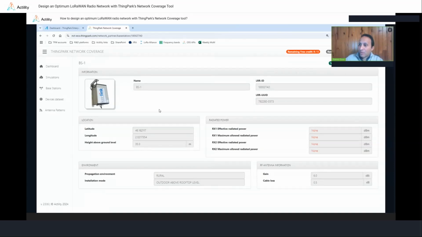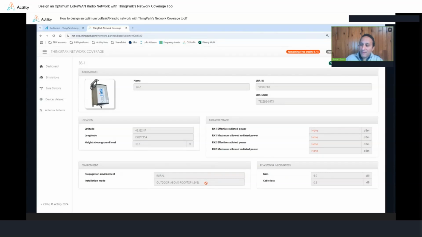And the tool has also automatically retrieved the necessary information about each base station, like its location, longitude, latitude, and its antenna height above ground, as well as the environment parameters, like the propagation environment in which the gateway will serve, so dense urban, suburban, or rural, and the installation mode.